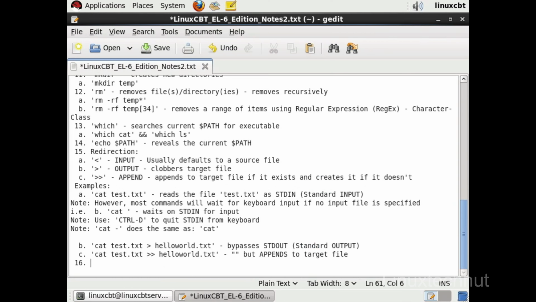16, let's talk about pipes. So, Unix pipes. Unix pipes allow us to connect the output stream of one command to the input stream of another command. So it connects the output stream of command A to the input stream of command B. This is very important